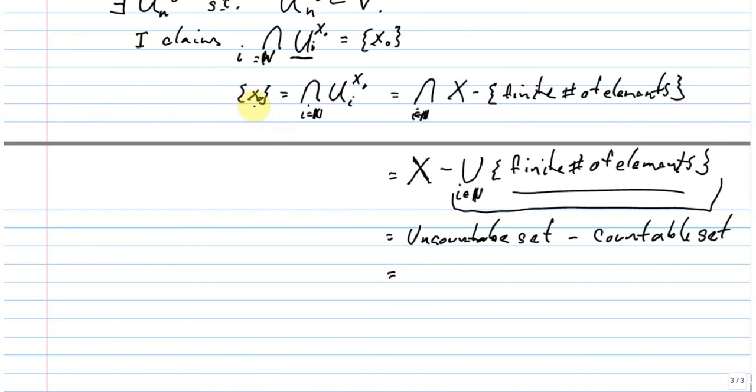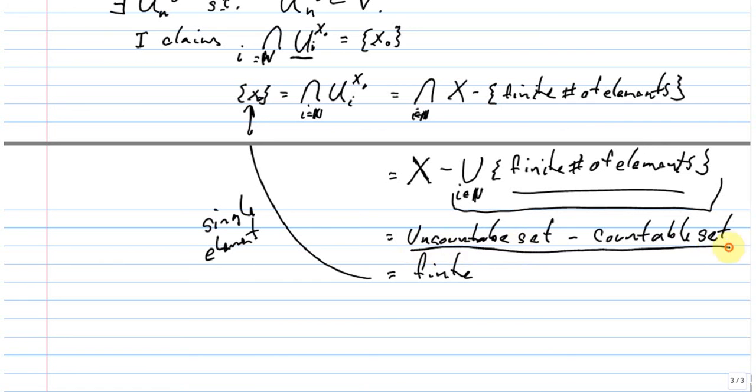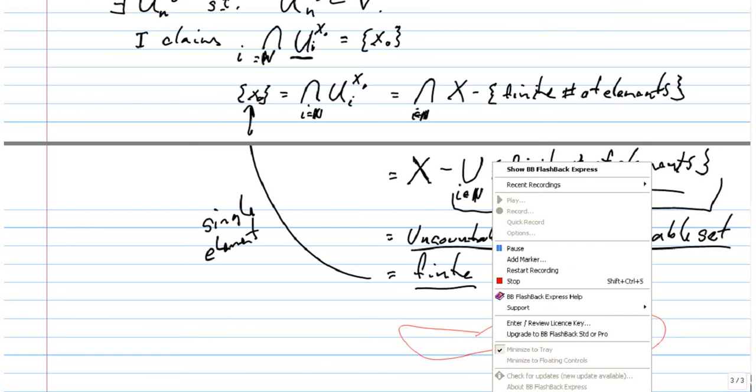And that's supposed to be equal to, well, according to our assumption, a single element. So finite. But if we take an uncountable set and we subtract off a countable set, then you don't have to know this from the past, I'm just telling you this. An uncountable set minus a countable set is always uncountable, so it can't be finite. So we get a contradiction. And I'll end this video with a pool of blood. And I'll try and make another video for the others here in a